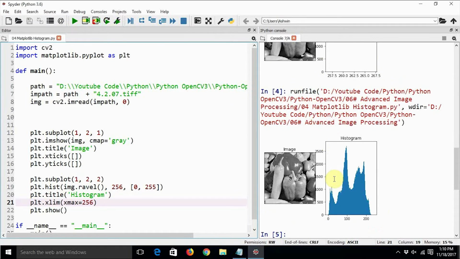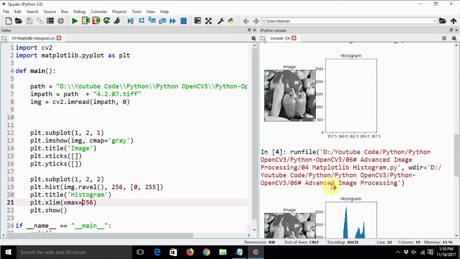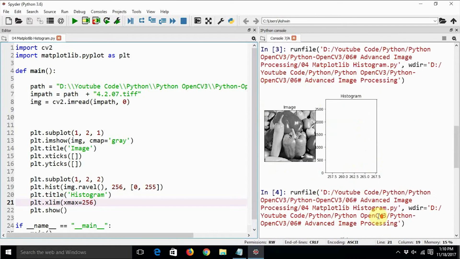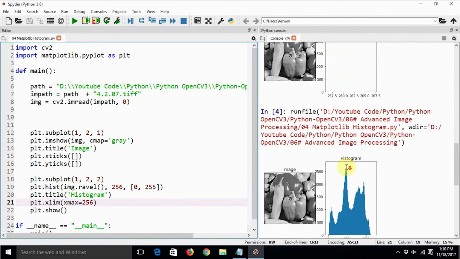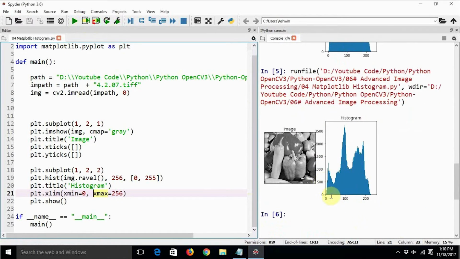Yes, so xmax is 256 here in this case, and it is now proper because you can see the gap between these two is considerably different, and xmin should be 0. xmin equal to 0. So remember, we are just manipulating the minimum and maximum value to be displayed on the scale. Yes, so now this is a proper histogram. Okay, so we really do not have any values which are more than this interval.